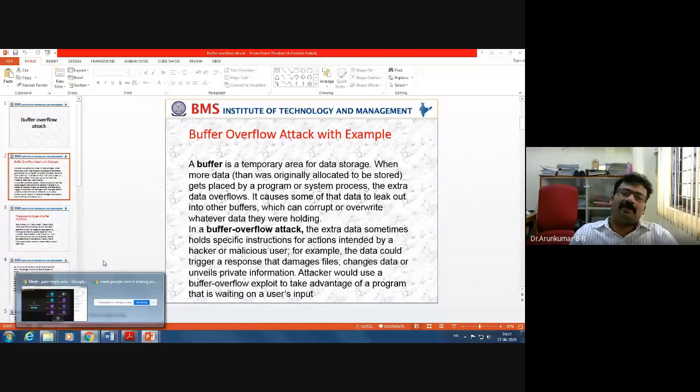So a buffer can be defined as a temporary area for data storage which is finite, right? So what can be the attack here?